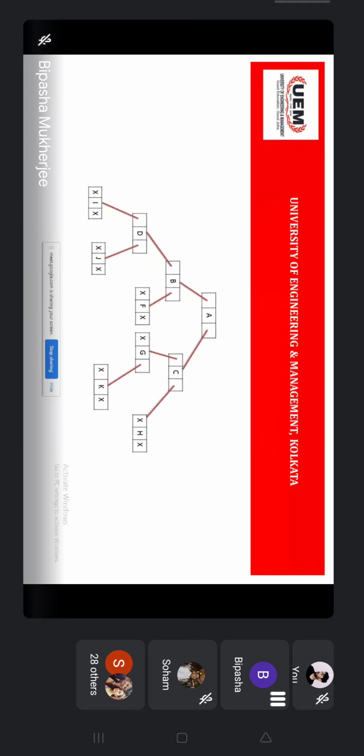So what is thread? Thread is a special type of pointer which is used to use the null pointer of a node. And what is the purpose? The purpose is to save the space or use the space effectively, because you cannot remove both sides. What you can do is save it. Two types are there.